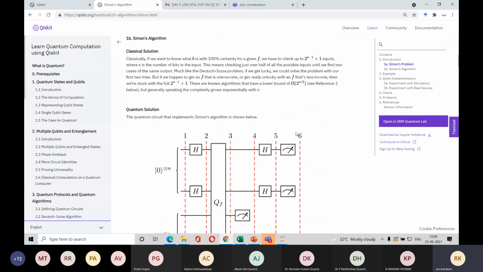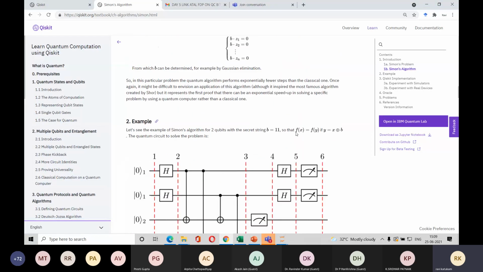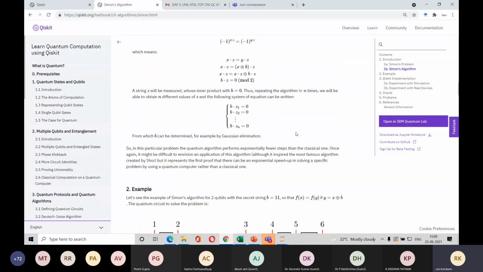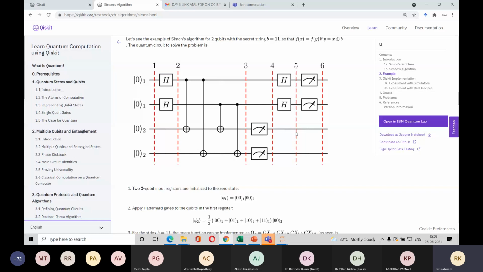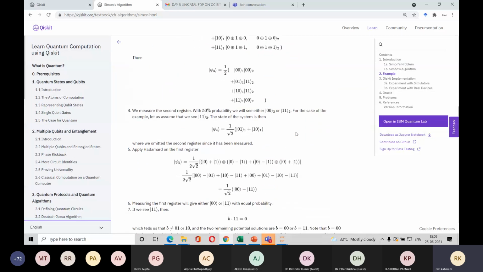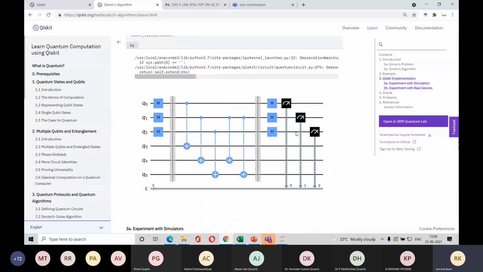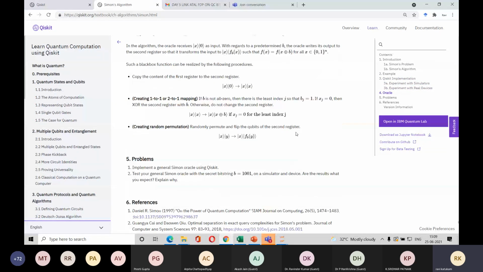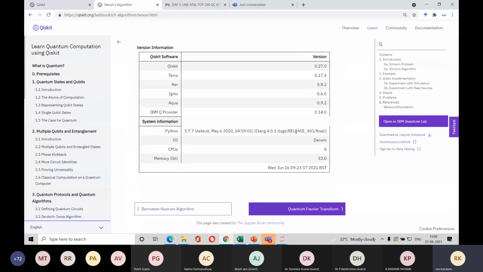Okay. So Simon algorithm could prove there is an advantage. I'm not going through each of these details because it needs a lot of mathematical derivation to prove how this is working. But the point is, Simon algorithm could solve that in a better way than the classical algorithm. Okay, so this is a very involved mathematical process. That's why I'm not going through it.